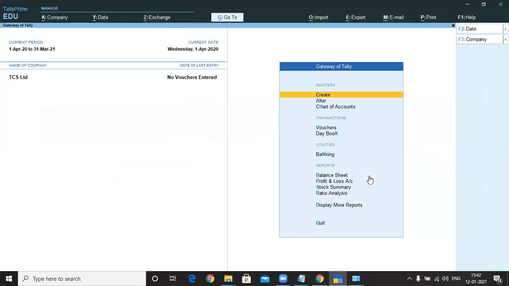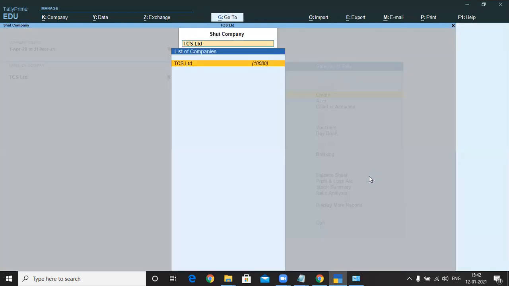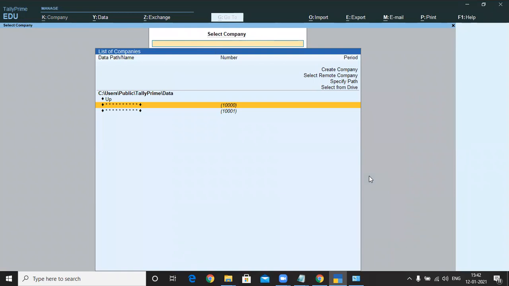Okay, next you shut this down with Control plus F3, press enter key. See what happens. First, it identifies which number is not available. Then Tally itself fills up those numbers and takes that next new number when you're creating one more new company.